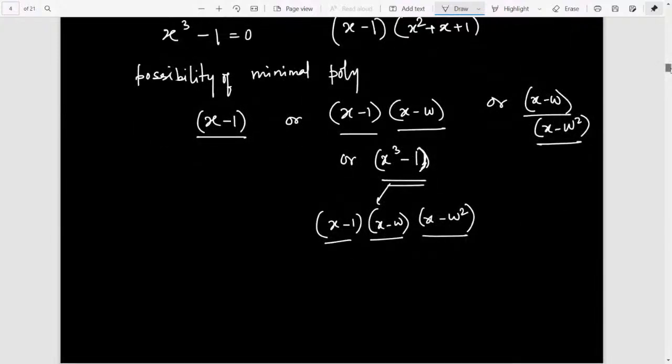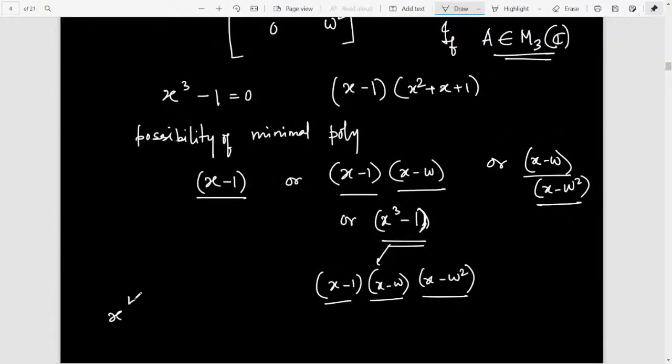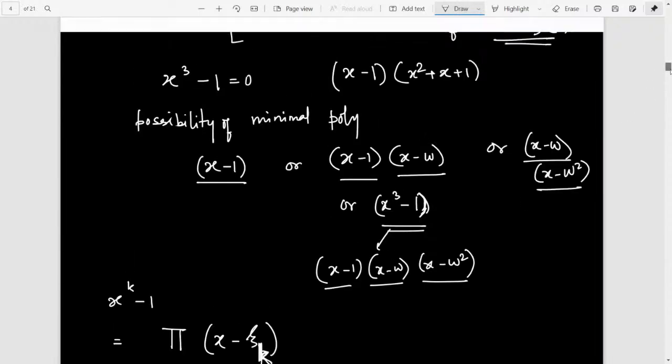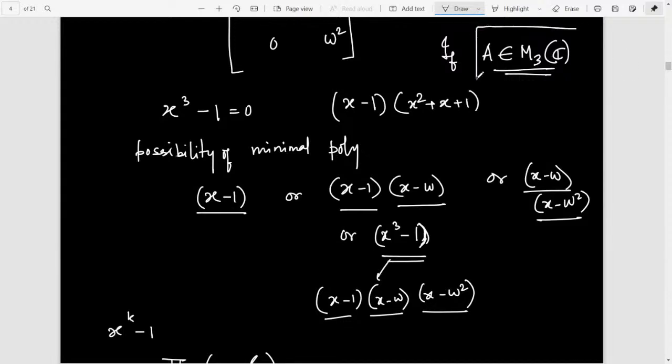So that means that whenever you have x to the power k minus 1, how does it look? If you break it down completely, this is the product of (x minus zeta) for the zeta k's, where zeta k's are the kth roots of unity. So no matter whatever the composition you take, the minimal polynomial will always split if you take your matrix in